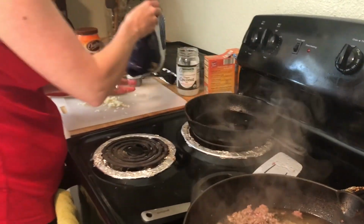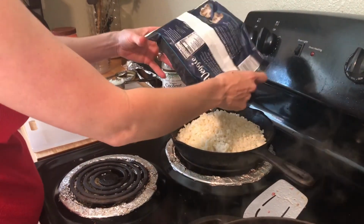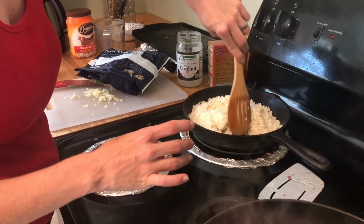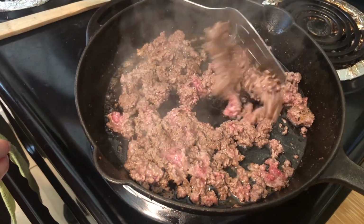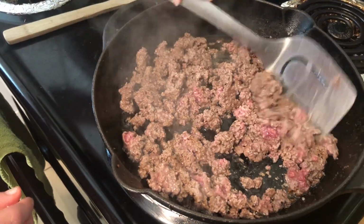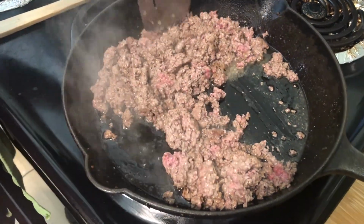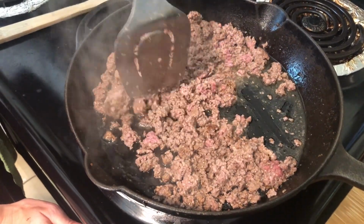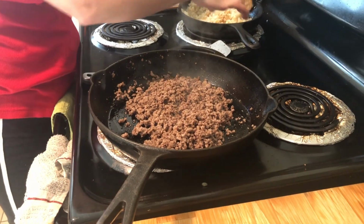The pan should be hot enough now. I'm going to pour in the cauliflower rice and let it cook for 5 minutes. It's nice and hot. I'm just going to move it around just a little bit. Kind of go back and forth between my cauliflower rice and my protein. I actually should have switched this. I should have put the ground meat into the smaller pan and the cauliflower over here, but that's okay. We'll make it work. It's all going to combine anyway, so